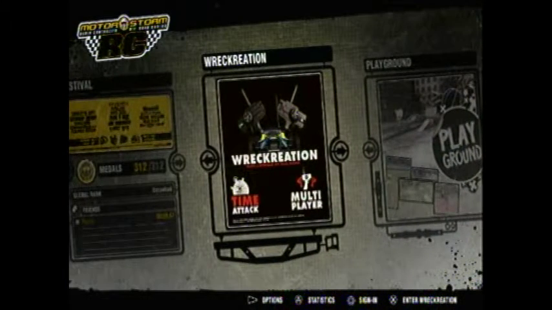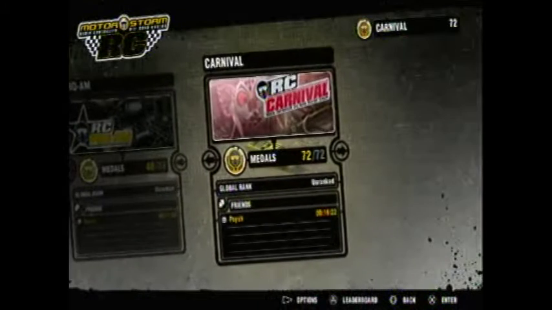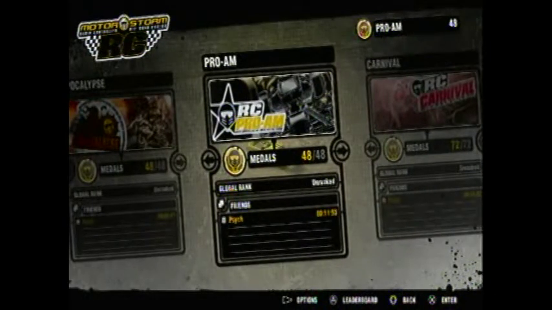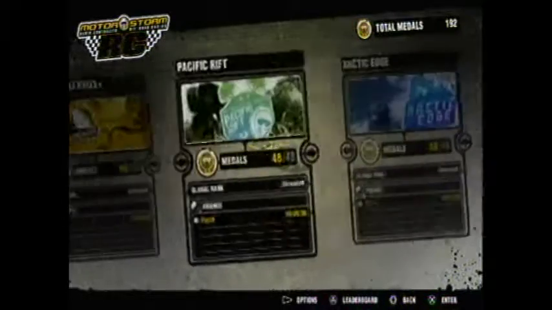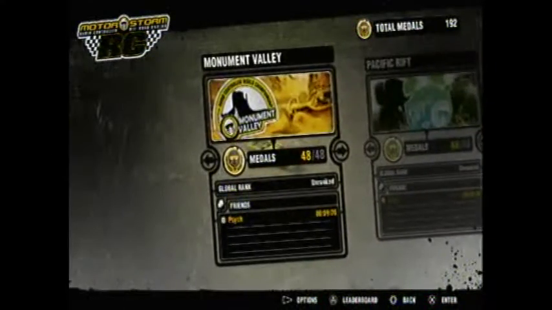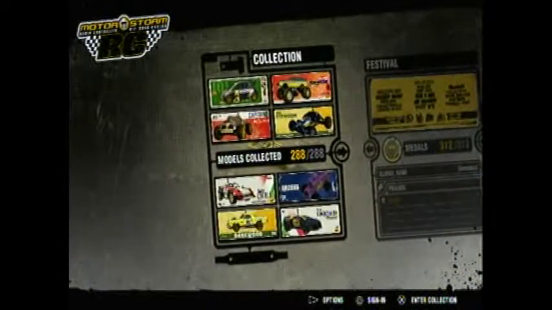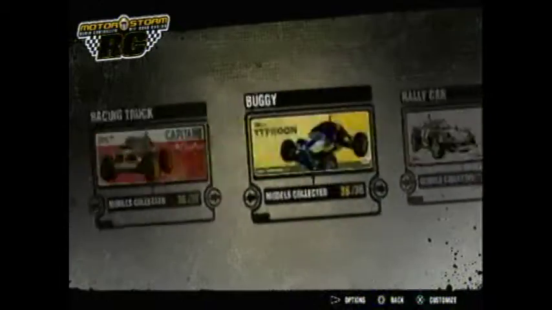Recreation is just your basic time attack and multiplayer. The festival, which has all the different parts to it. This one's actually DLC, the RC Carnival, as well as this one, the RC Pro-Am. And then you got Apocalypse tracks, Arctic Edge tracks, Pacific Rift tracks, and Monument Valley tracks. And then you have your collection of vehicles, which is divvied up into 8